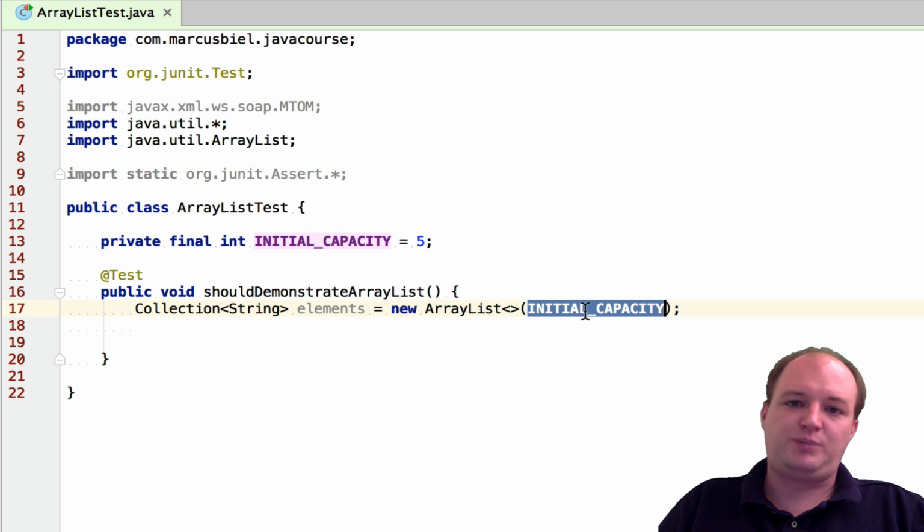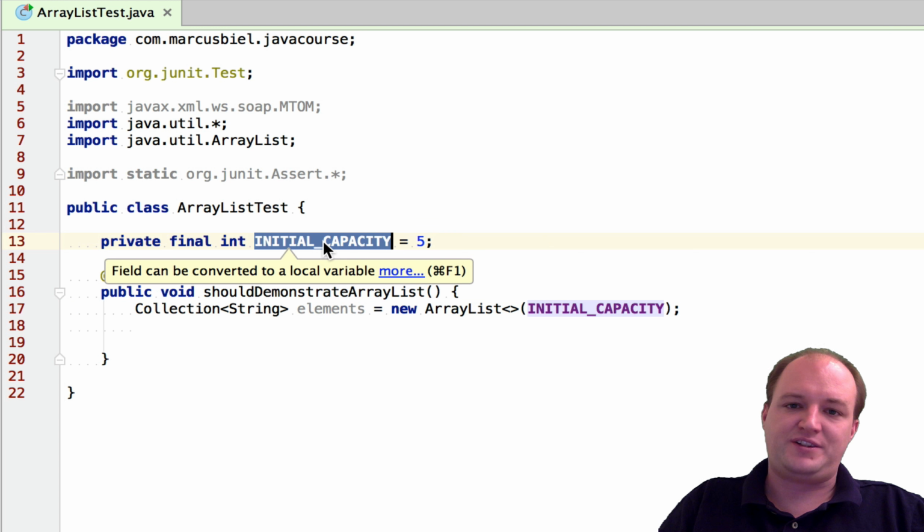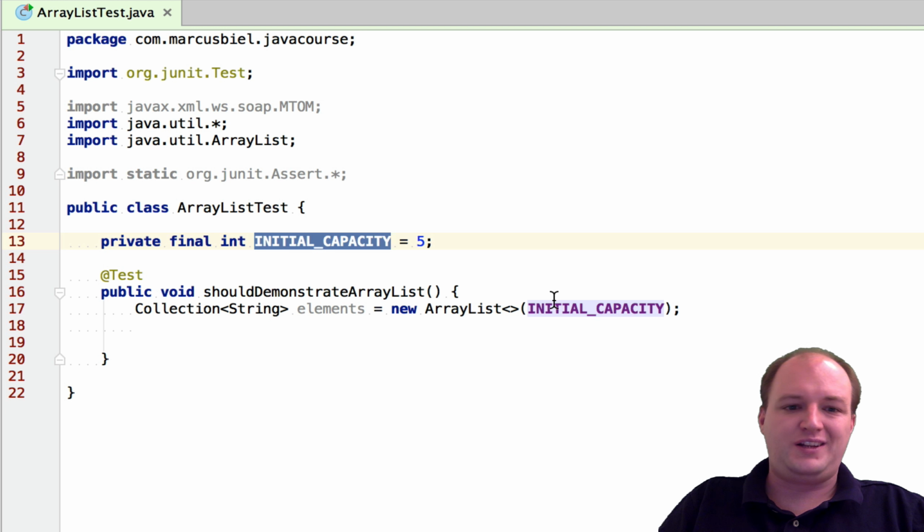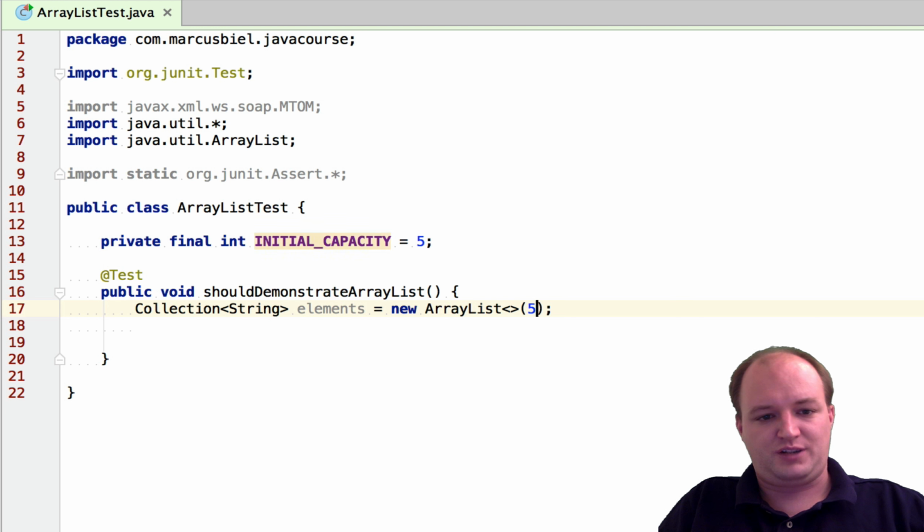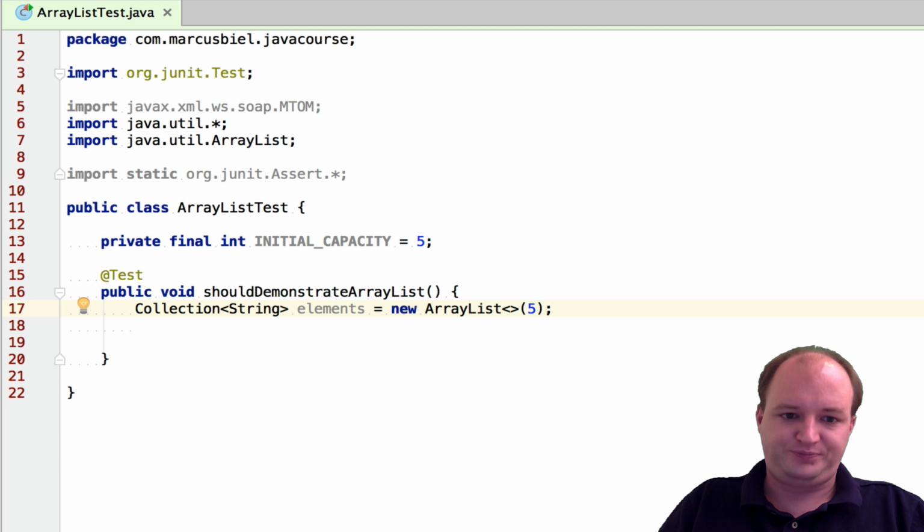Okay, and last but not least, you should notice here I wrote initial capacity, which is a constant, which I have defined here as private final int initial capacity 5. Now you might say, well, you could have also set just 5. I mean, this is faster.